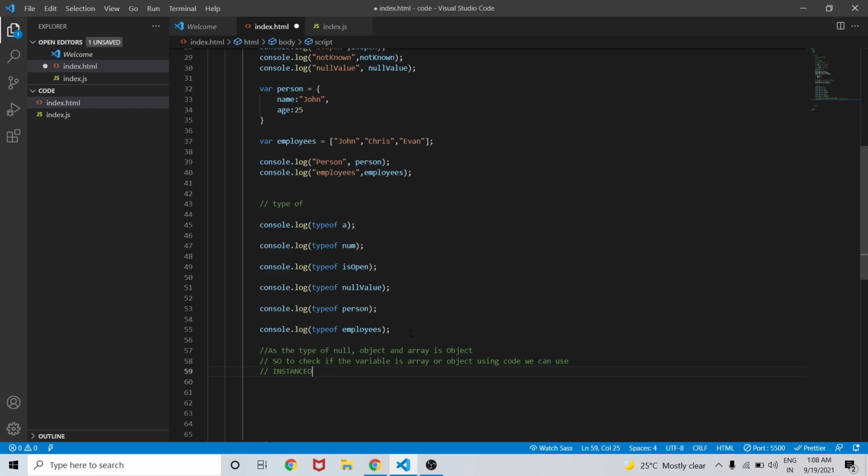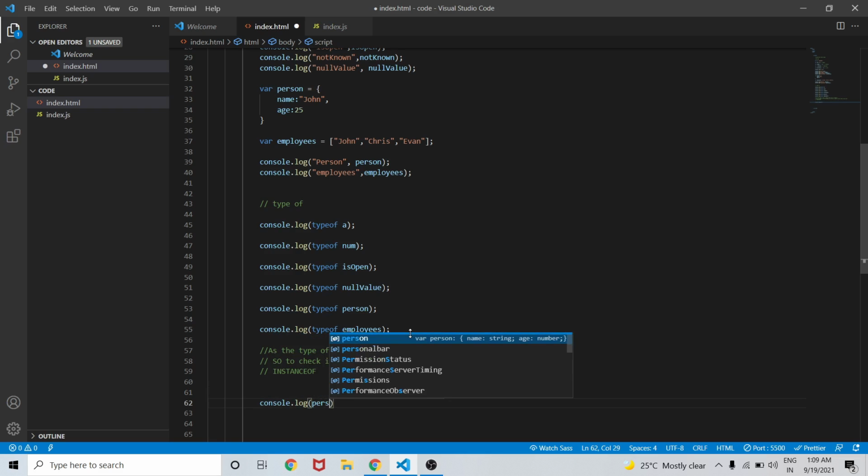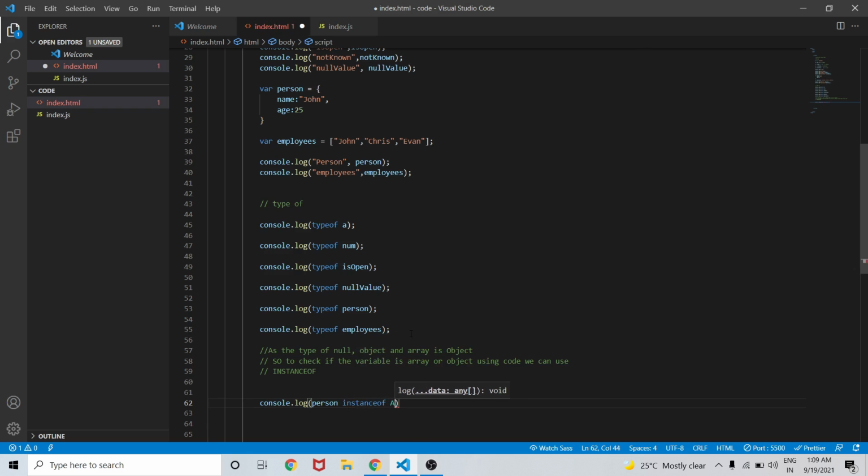Let me write console.log. This instanceof operator checks whether the particular variable is an instance of what we have declared. Here we will check person instanceof Array. Our person is an object, so it will check whether this person is an array or not. Let's save the changes.